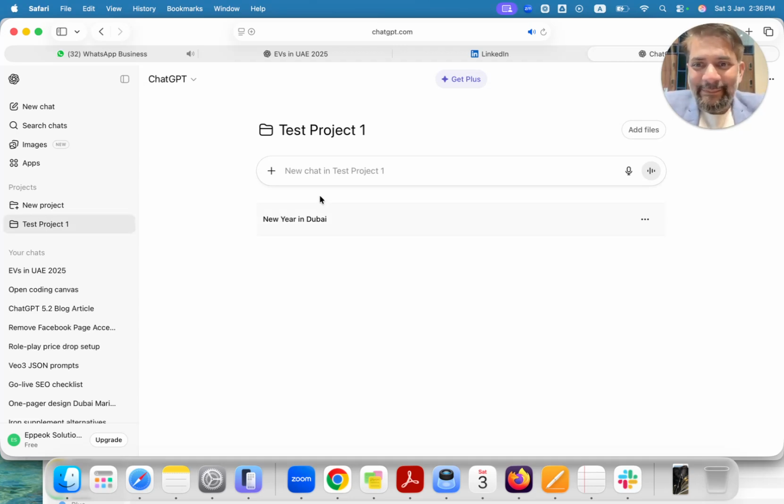Everything syncs up. Now, next is setting custom instructions. Now this is where projects become powerful. Custom instructions tell ChatGPT how to behave within this specific project. Now these are separate from your global custom instructions. They only apply in this particular project. To add them, you open your project and look for the custom instructions area below the chat and you click on edit. So if you look at this,